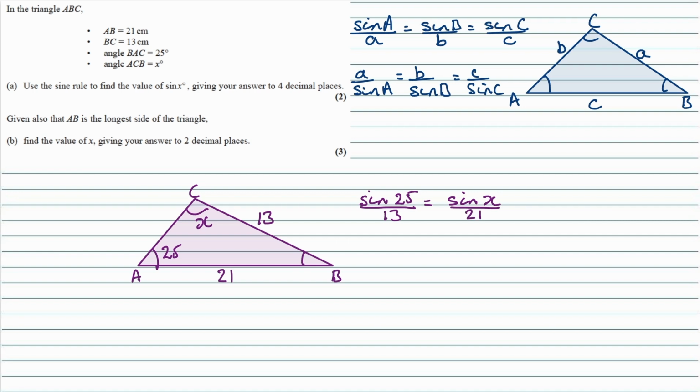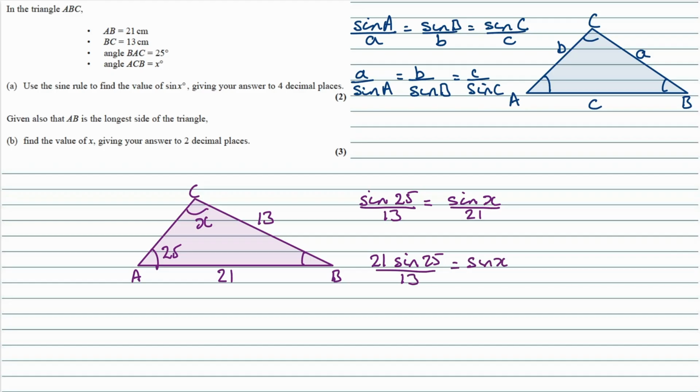Now we just need to make sine X the subject, so we'll multiply both sides by the 21. So we've got 21 times the sine of 25 over 13, and this will give us the sine of